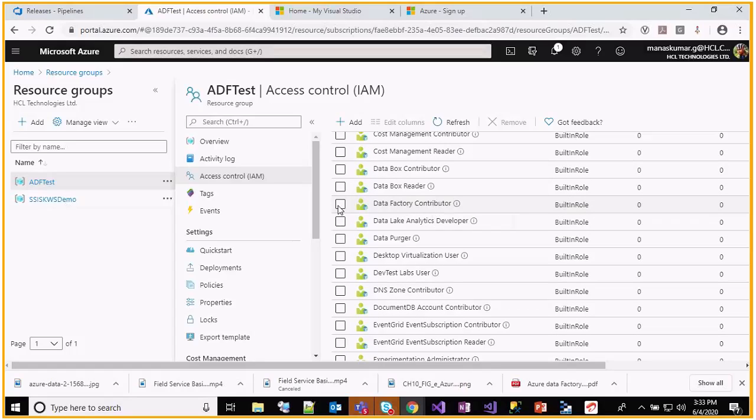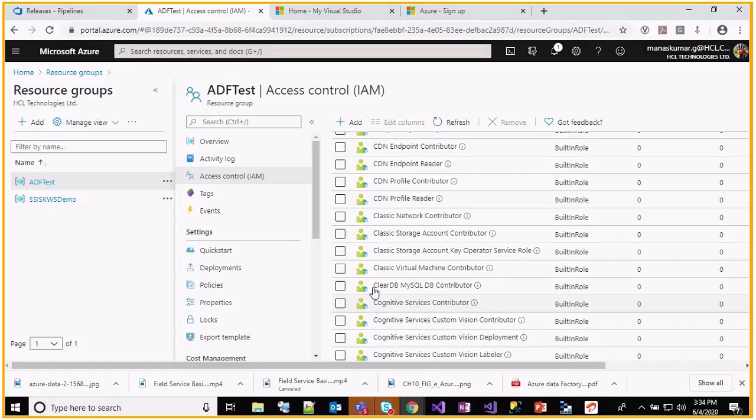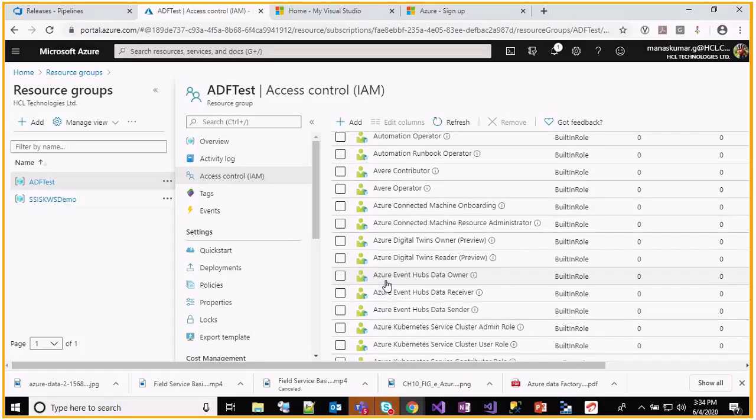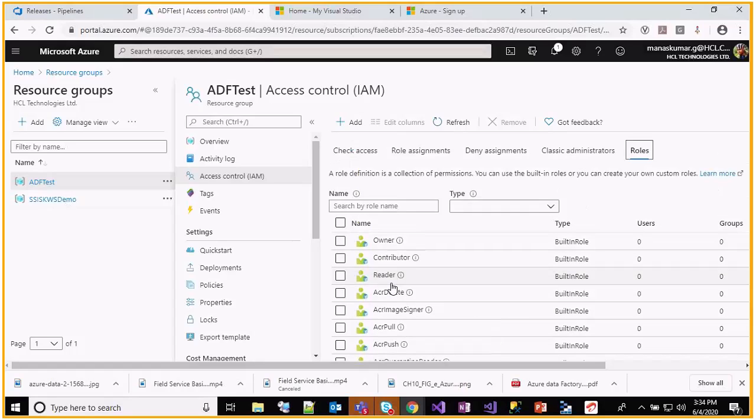Yeah, see, you can have a role like Data Factory contributor, or if you are working on database analytics, you will have a database analytics developer. No one will be provided all these roles, because if he works in different streams, he may have control over the applications and all.